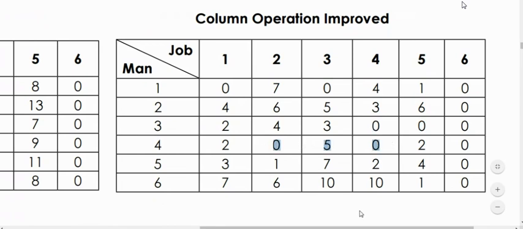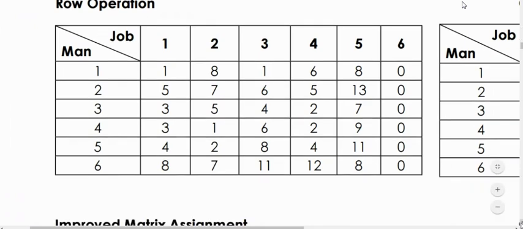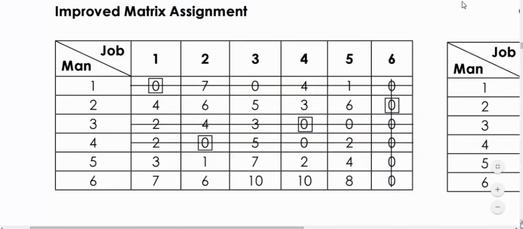So now what would be my work? I'll have to cancel these rows. So see how does it look now after cancelling the rows? See, the first row was having 2 zeros, so I cancelled the whole row. Then the third row was having 2 more zeros, so I cancelled the whole third row. The fourth row is also having 2 more zeros, so I cancelled the whole fourth row. So how many rows and columns have I cancelled? I have cancelled 3 rows and I have cancelled 1 column.